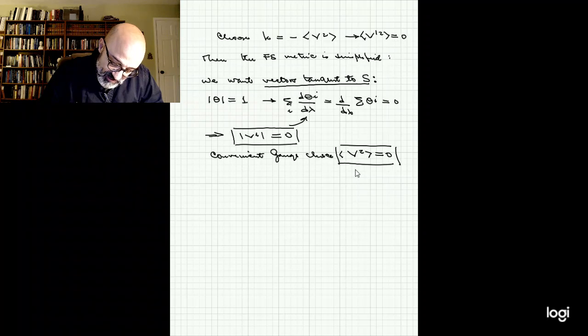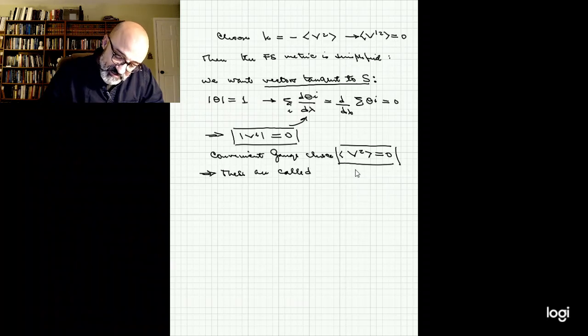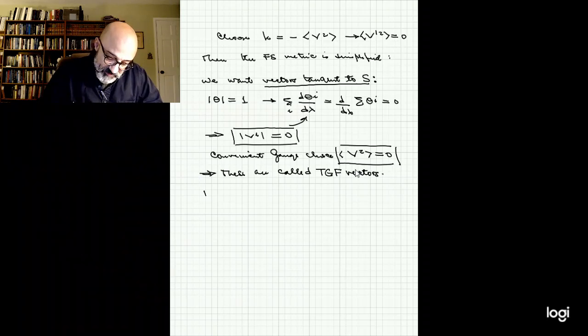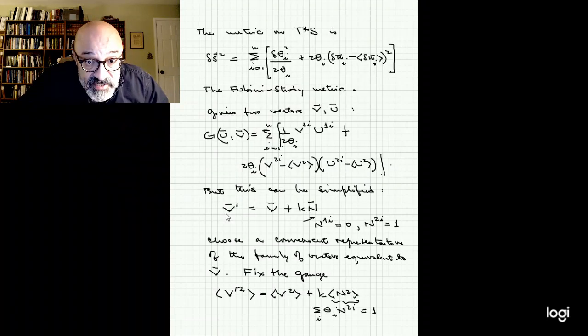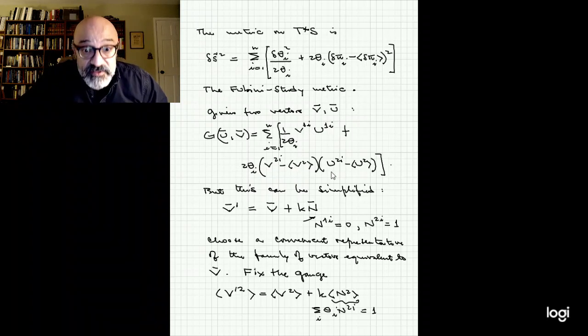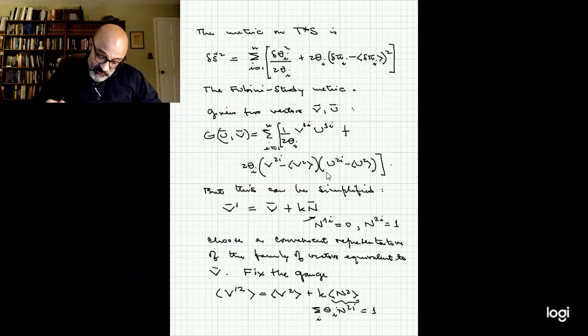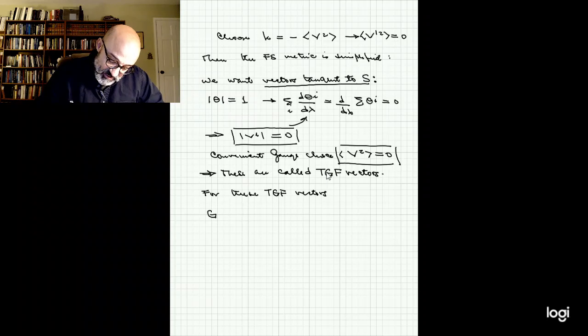Then, so these are called vectors that are tangent and gauge fixed, TGF vectors. For these vectors, the metric takes a simpler form, because we're going to have the metric here in which we have this first piece, yes, but then this expected value of V2 and expected value of U2 disappears. So for these specially TGF vectors, we have that the scalar product